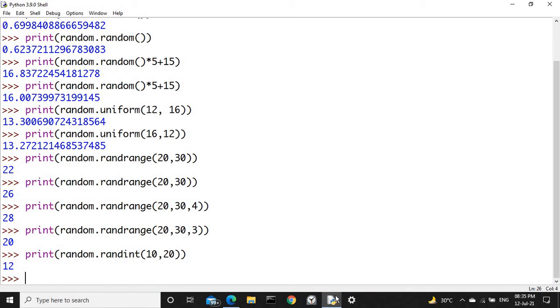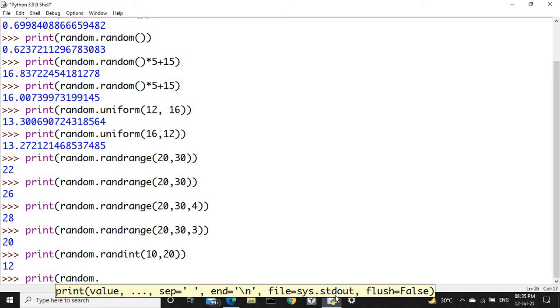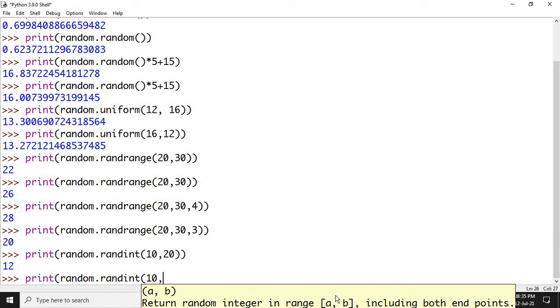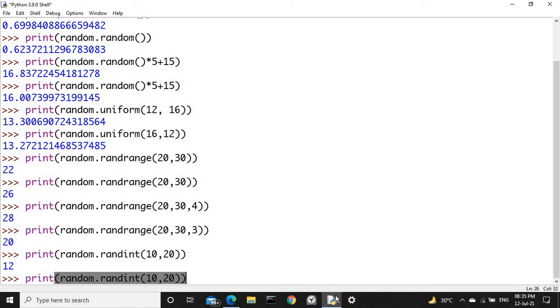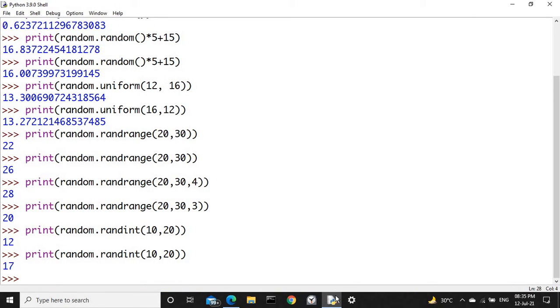So this will give any value between the given range. Let us try once again with the same range. randint(10, 20). That's it.